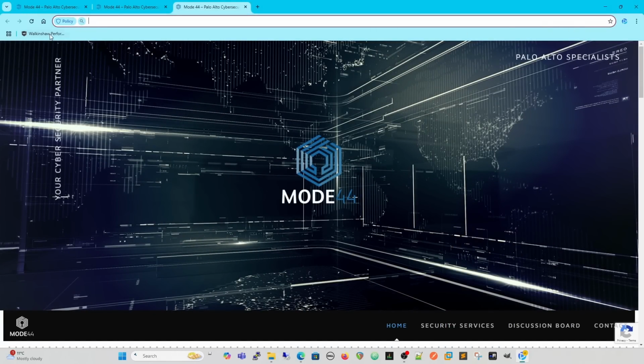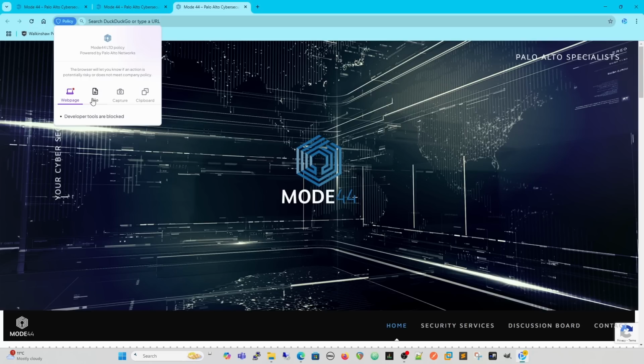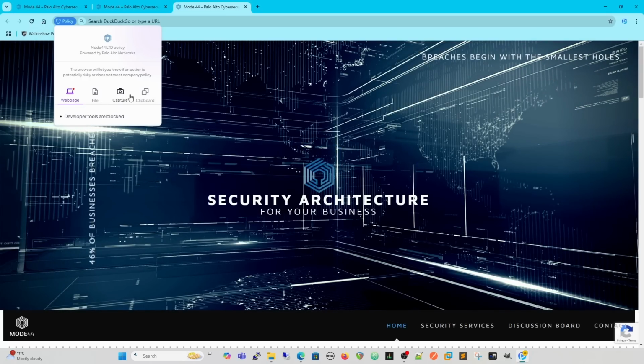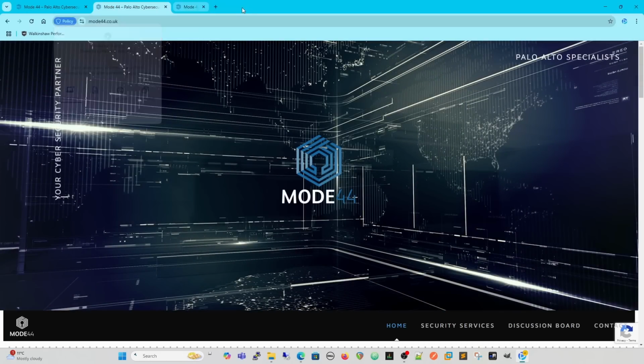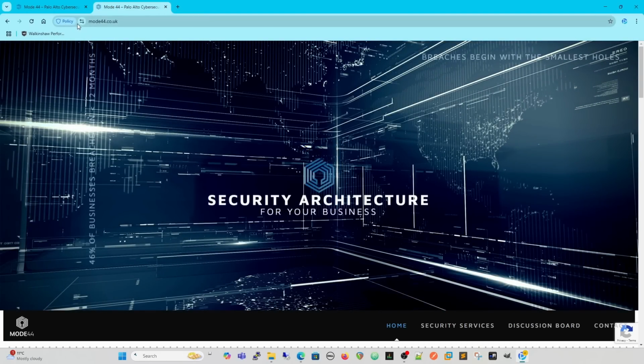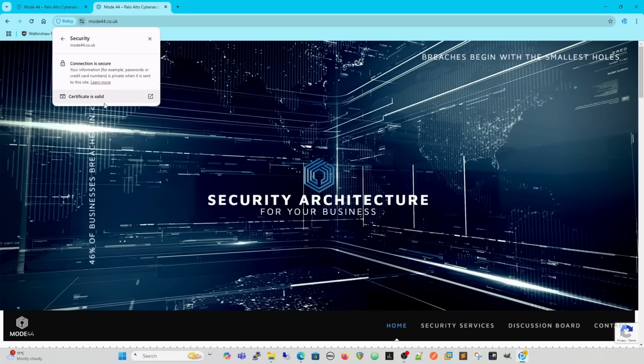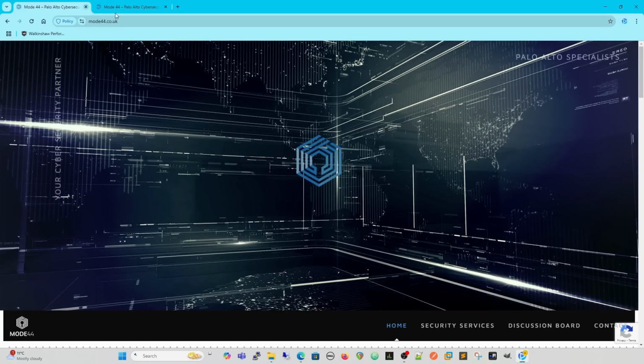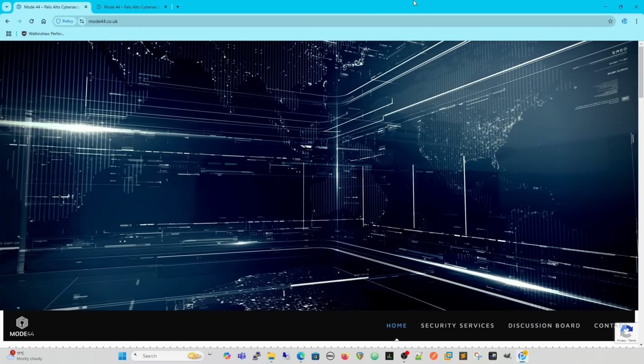Okay, a couple of things to note on here. If we go to policy, we can see what the policy is for this page. And we'll look at that later for security controls within pages and so on. We can still see everything else. We can see that the connection is secure. We can view the certificate as we would before. And that's basically basic browser